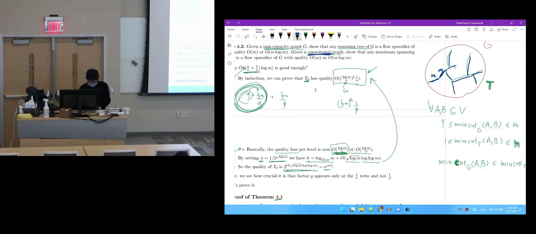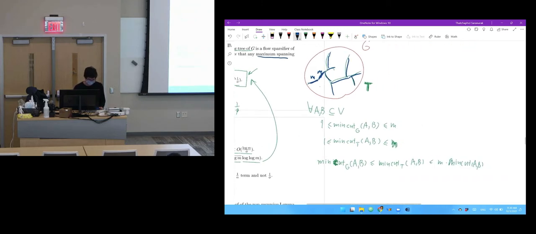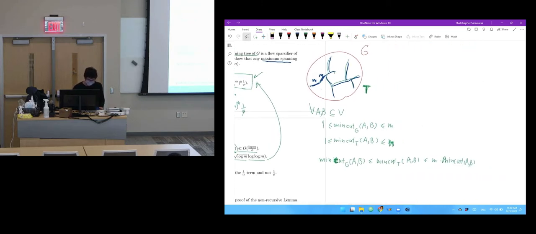Why is it the case that maximum spanning tree would work? So I will give you a hint. That is, the property of maximum spanning tree is this. If T is a maximum spanning tree,